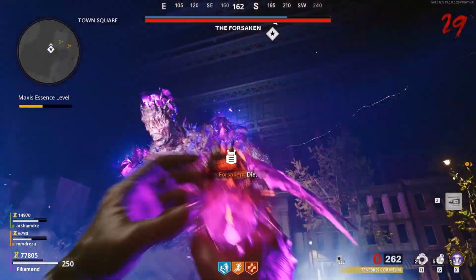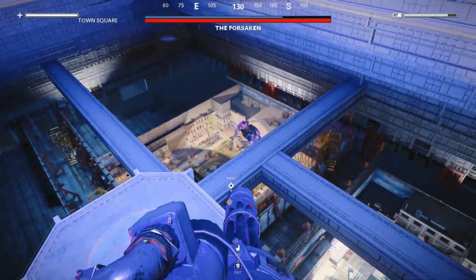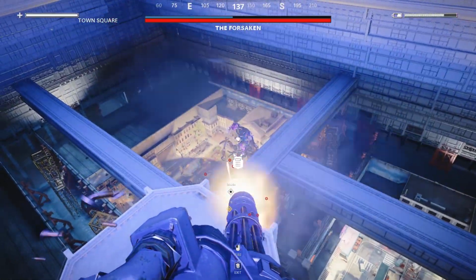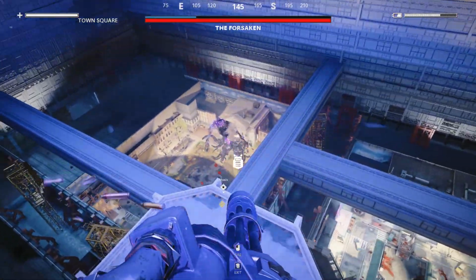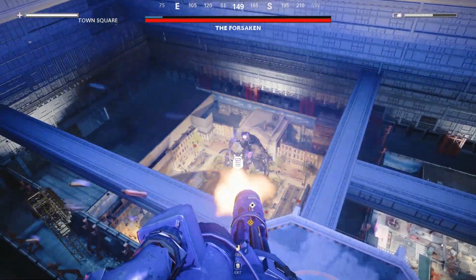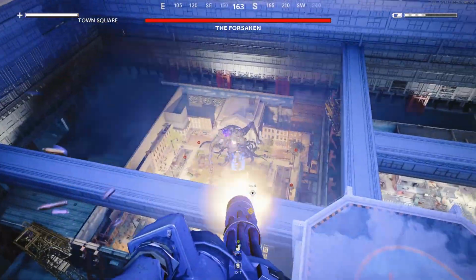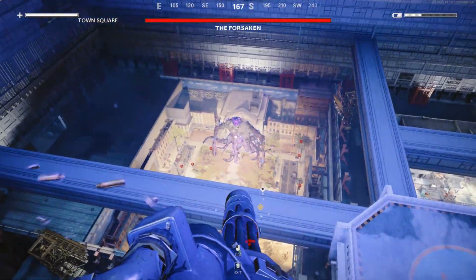For the boss fight, it's fairly easy. You have to feed souls to Samantha, then Sam is going to charge up the laser cannon. But before getting onto the laser cannon, you destroy the Forsaken's arm. You have to shoot those crystals on the Forsaken's arm one at a time, then hop onto the laser cannon, and then shoot the red marking on his arm down. Then you have to shoot the other arm down. Then you restart the whole process, shoot the other arm down, shoot the stomach, and at the end, shoot